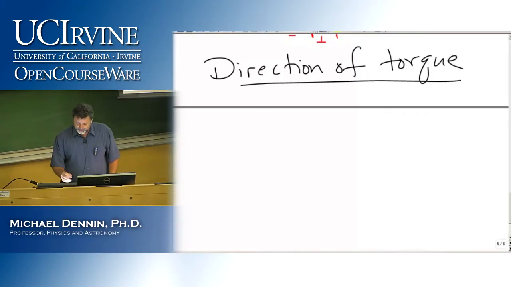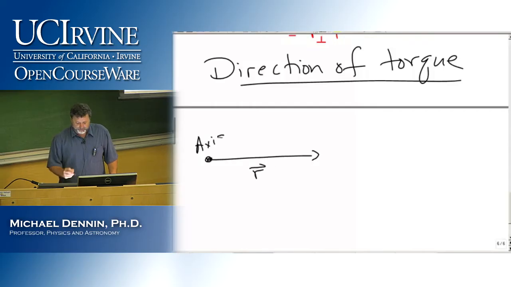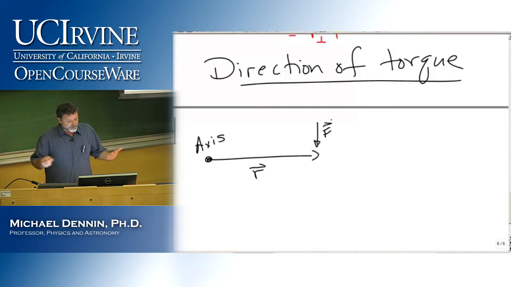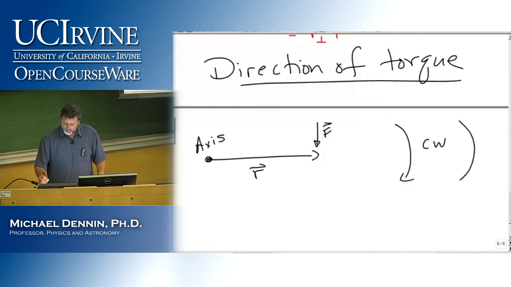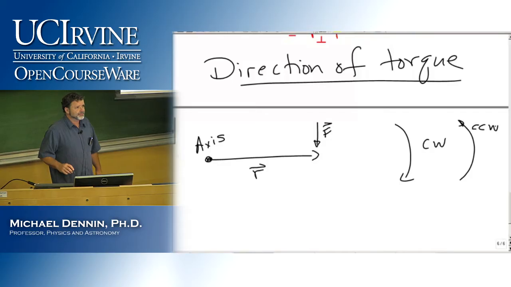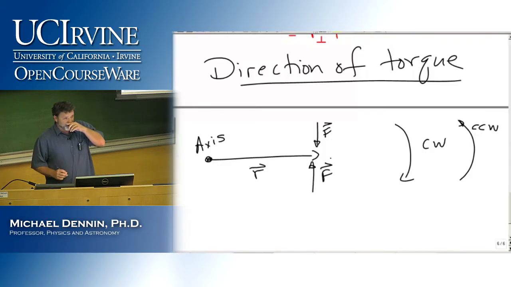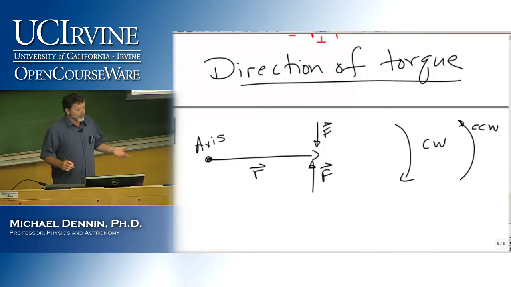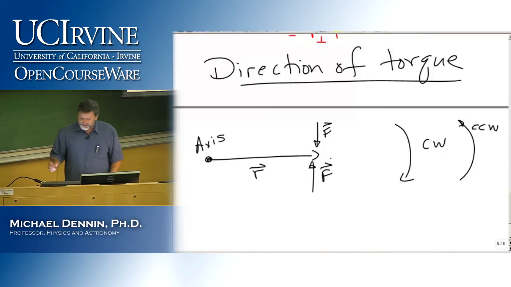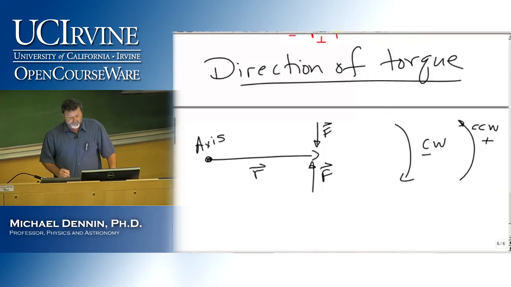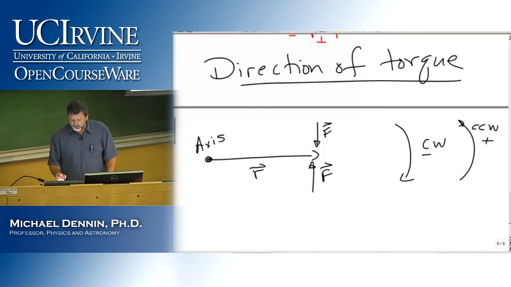The idea is the following. Here's my R. Here's my axis that I want to do rotation about. If I push down in that direction, which is my force, which way is the bar going to rotate? Is it going to rotate clockwise or counterclockwise? Clockwise. If I push up with a force, which way is it rotating? Counterclockwise. Now we have a convention in physics. This is almost always positive. This is negative. Because we have what we call our standard right